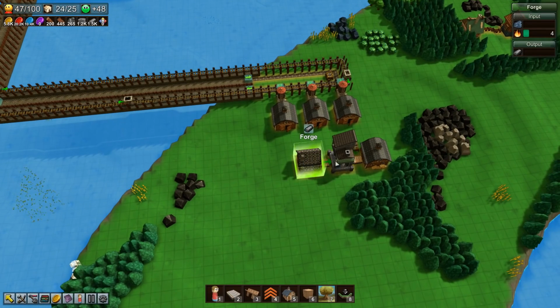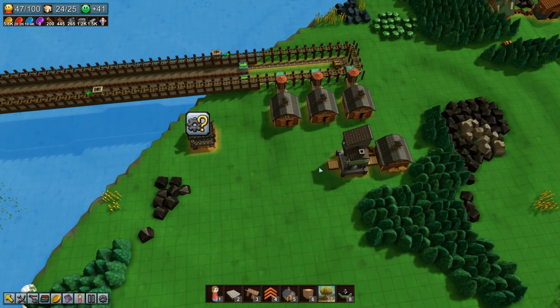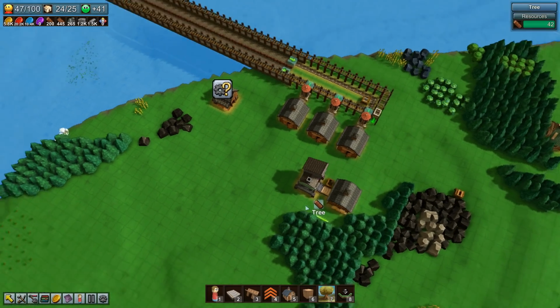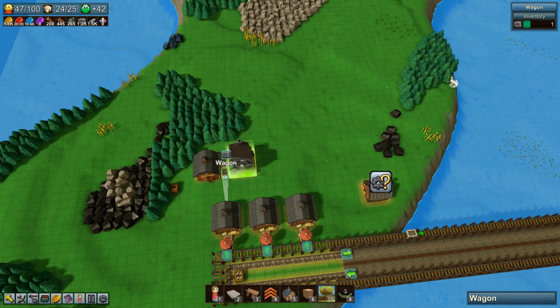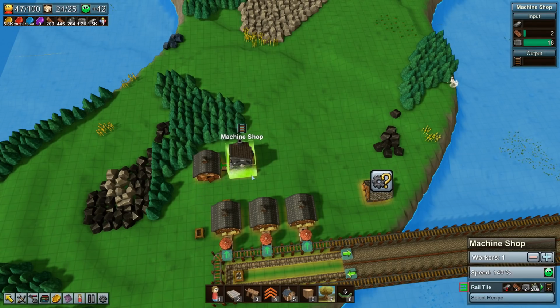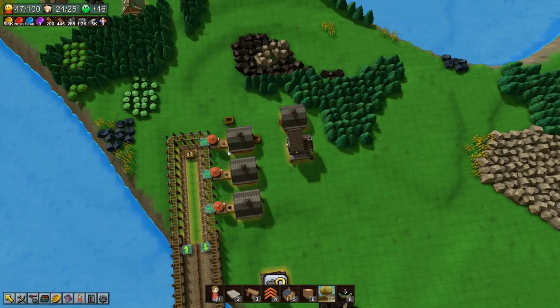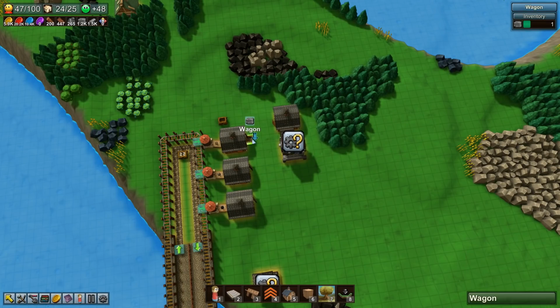Just those wagons there. Right. Need a forge over there and then remove that one. Right, and then you are done. You are completely done. Okie dokie. So we'll turn off the recipe. That means we can grab